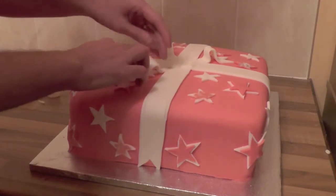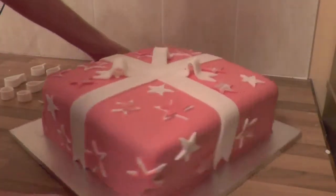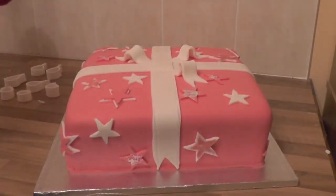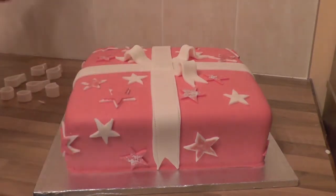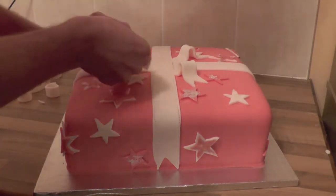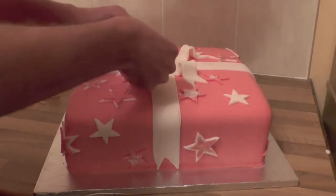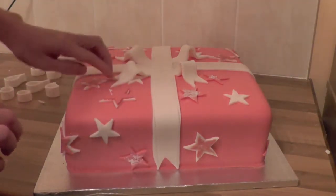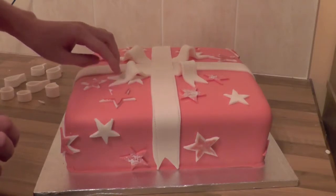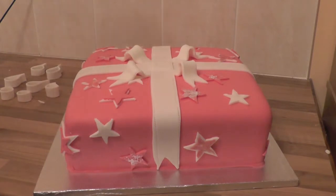So, and then we'll just position like so. Spin it round. Bit of water in the corner. Of water on the ends. Put our pointy bit on the end. Get our hump as we want it, and stick the fondant down like so. Next bit,